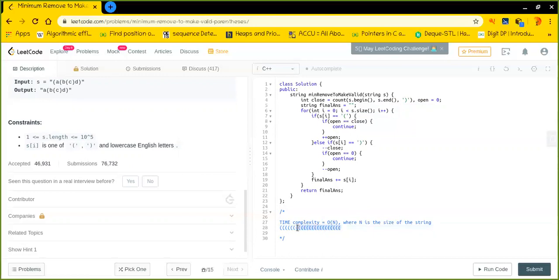In this case, the stack will just push all the characters to its top, and it will go on pushing until it reaches the last. So the stack has big O of n space, where n is the size of the string, in the worst case.